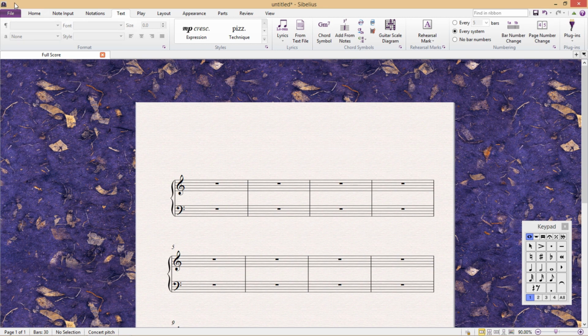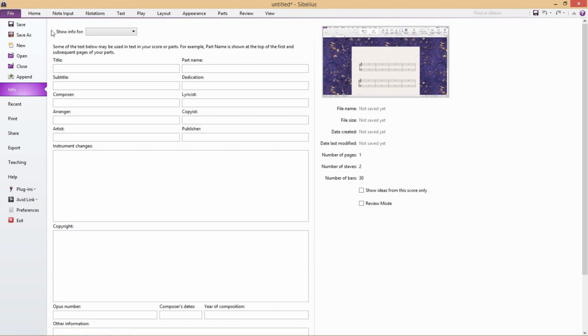In the File tab, I can add or change information regarding my score. I can add a title, a subtitle, a composer, etc. There's a lot of information that we could add here if we wanted to. But what we can then do with this information is use wildcards to call that information in our score